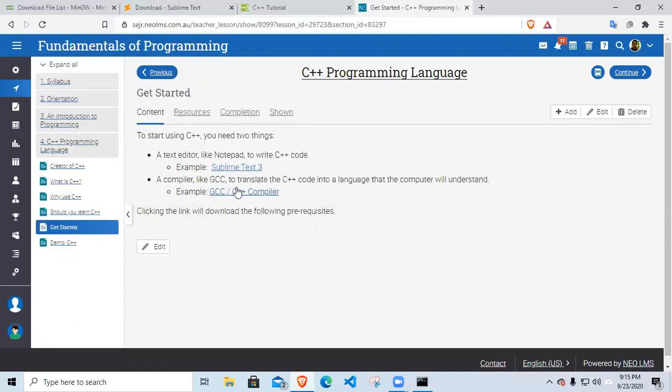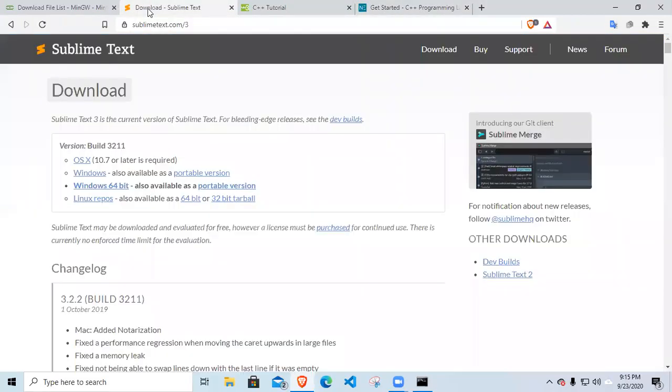So the compiler allows us to translate the C code into a language that a computer can understand. That is the machine language. So these two are the prerequisite applications that we need in order for us to create applications using C++. Okay, so this is a link. When you click this one, this is a link that will go to this page that would allow you to